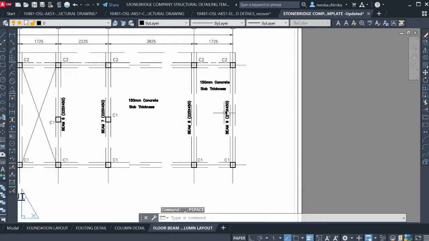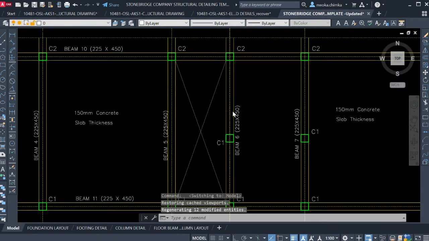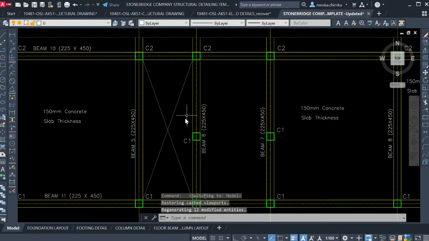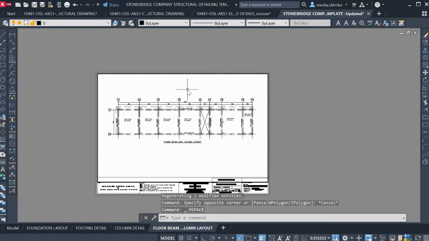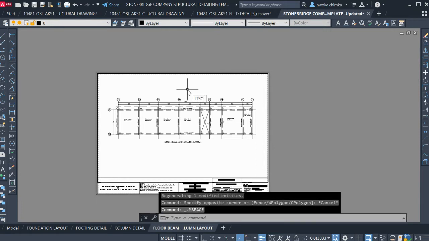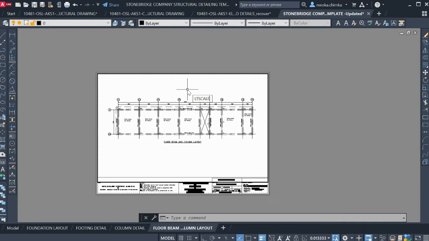I can see that this dash line is showing bigger here, but if you go to this place, it's not showing. You can see that it's showing tiny, but because of this scale we use. So I'll just come here right now and click at this place, type LT scale to make your dash line or your hidden line look okay. LT scale, enter. You can see that it is at 0.5. So I'll say you should